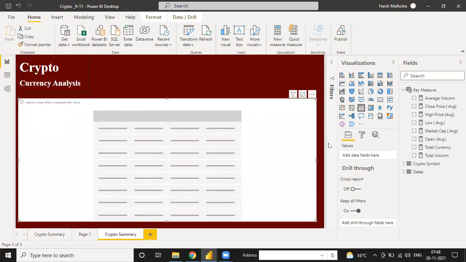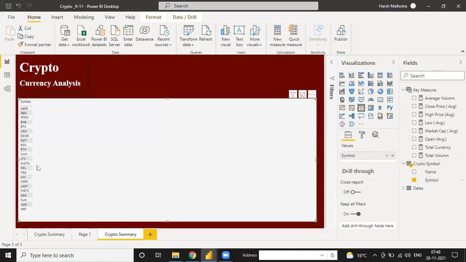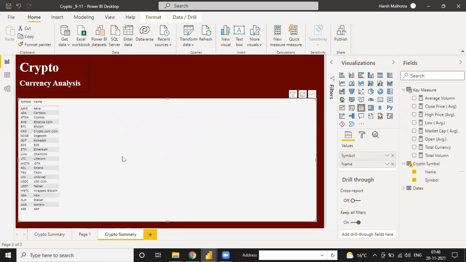So for this, we have some values. If you select this symbol, we have the symbol value. If you select name, we have name also. Now, second thing, we don't have close price final, which is the main thing we need.